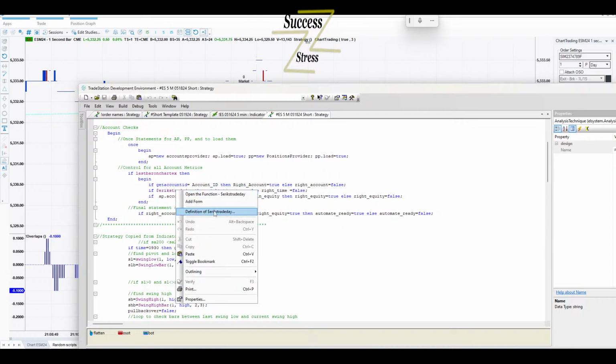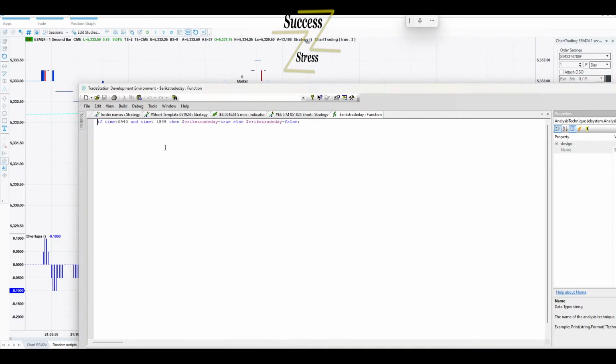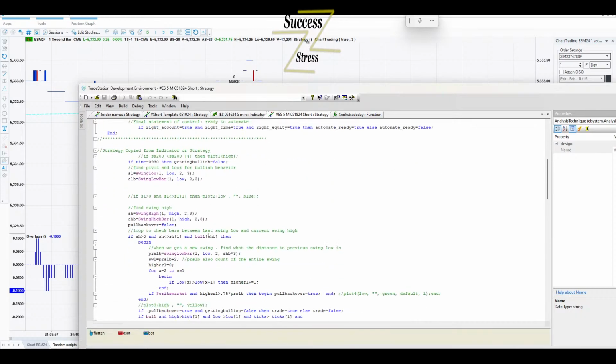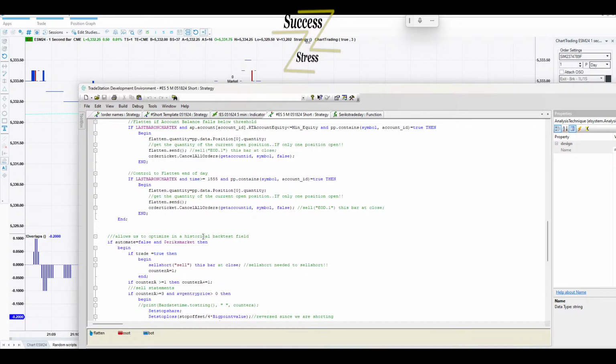What is Eric's trade day? Well, I made it myself. And it's that the time has to be less than 15:45. So in order to get into that, the time has to be less than 3:45. Well, when you come down here and you want to exit, this is saying exit if the time is greater than or equal to 3:55.